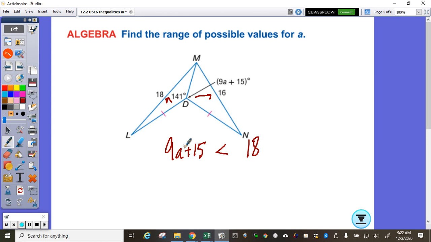Yeah, we solve for A. So we're going to subtract 15. And so 9A is less than 3. 9A plus